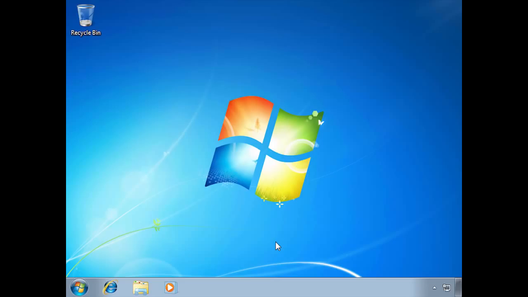Okay, so here we are on a Windows 7 desktop machine. This system is connected up to our domain, and what we're going to do is use Outlook web app in order to see the mailbox of the user we just created. So if we open up our Internet Explorer,